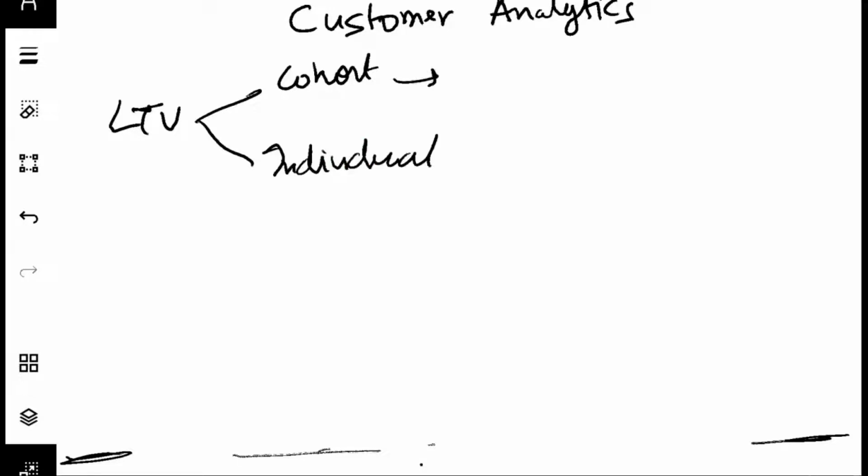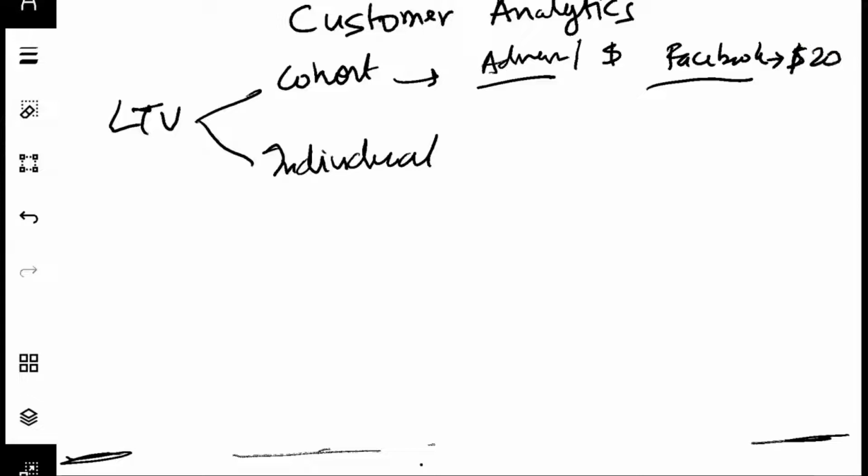Now, the cohort level is often used in advertising and other areas, like when you're looking at spend. For example, you may understand that the Facebook cohort, meaning the whole Facebook cohort, you have looked at it historically. The Facebook cohort generates, in essence, $20 value for you, whereas Instagram generates $200 value for you. Now you know that those you acquired from Instagram tend to be more valuable, and this could be, let's say, 1-year LTV.